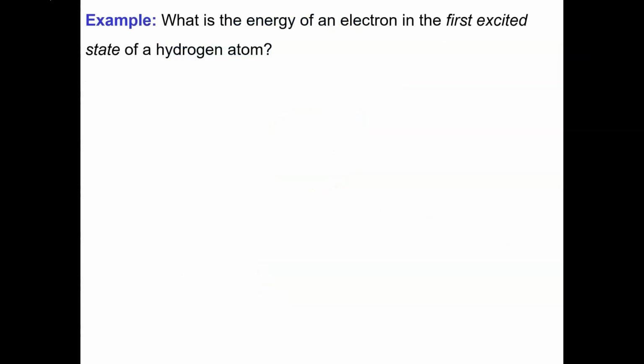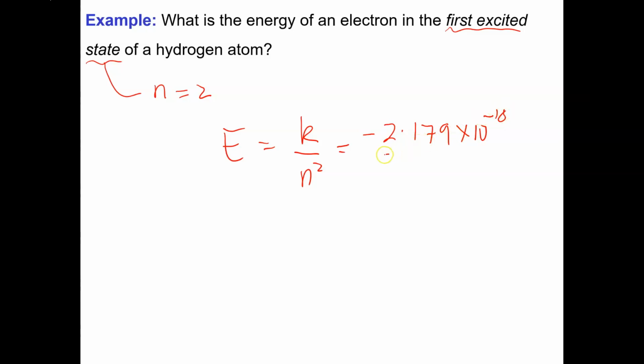Okay, so here's an example problem. It says, what is the energy of an electron in the first excited state of the hydrogen atom? So I've put it in italics here to indicate what's going on. It says the first excited state, which is code for n equals 2, because n equals 1 is the ground state. So this is fairly simple. E equals k over n squared. So that's minus 2.179 by 10 to the minus 18 over 2 squared. So the energy of this electron, and that's going to be in joules because the Rydberg energy is in joules, ends up being,